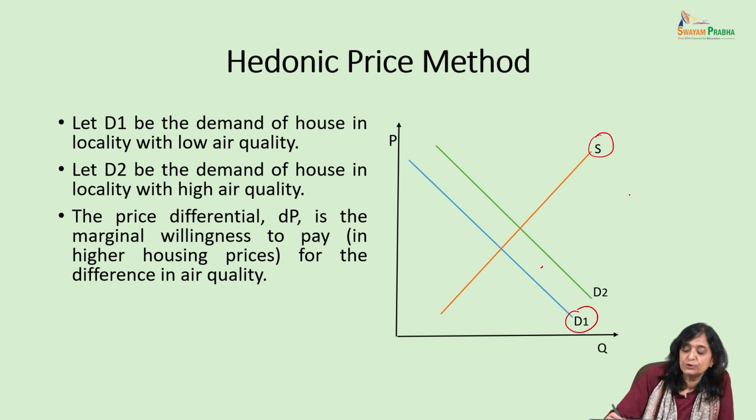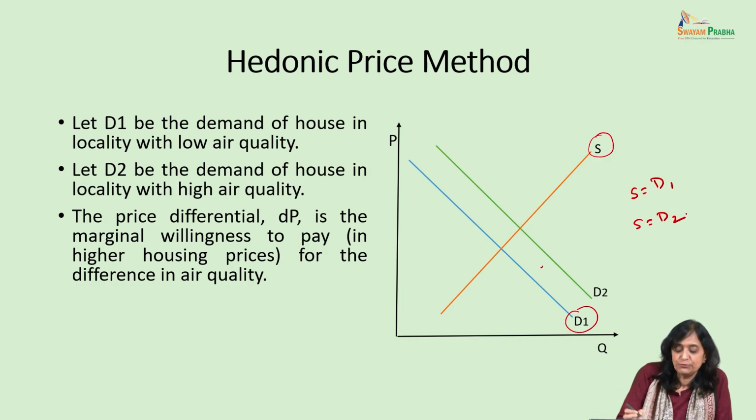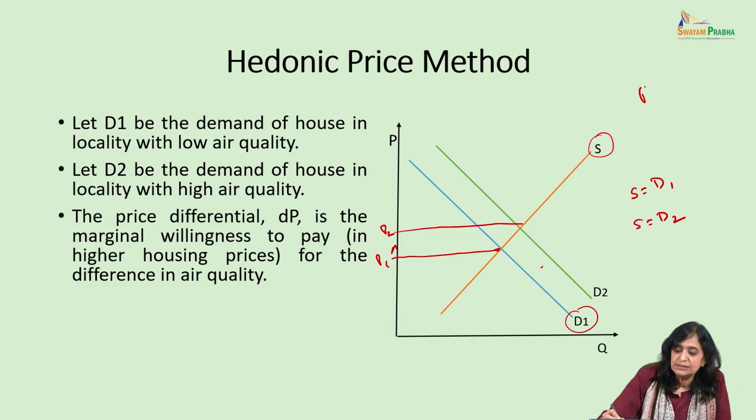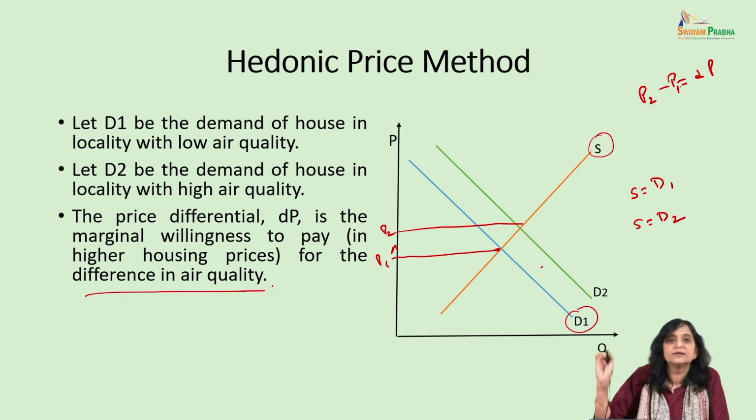For example, how do we determine the equilibrium price? We say S is equal to D1 and S is equal to D2. So if you see this, if we talk about intersection of S and D1, you will get this price P1. Whereas when you see for S is equal to D2, price is P2. So the difference, the price P2 minus P1 is equal to DP. DP means this is the difference in the price which has happened because there was a difference in the air